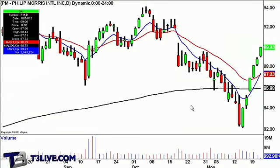I'm looking at a couple of stocks. Philip Morris, for one, we talk about, where it basically in 6 days just took out the last 5 weeks, or it's actually retraced up to resistance very, very quickly in a short period of time. So essentially what I want to say here is if you had some sell shorts on and it bounced and is taking out levels, don't try to trade out of it, because a short covering rally can happen much, much